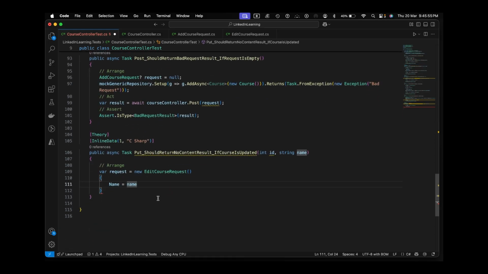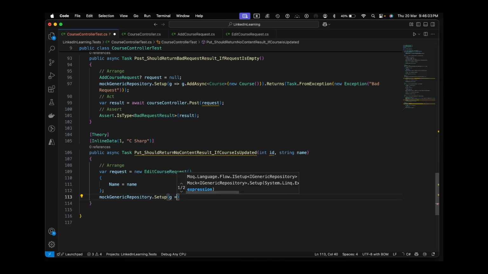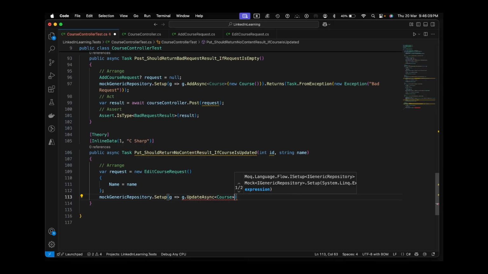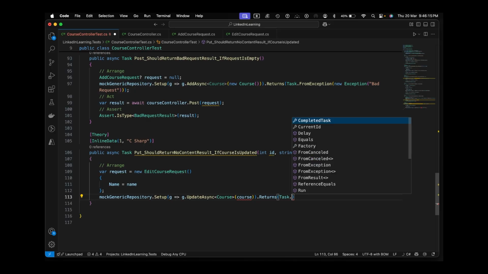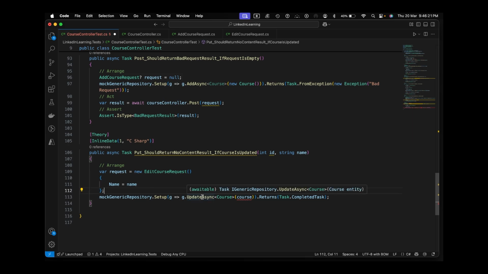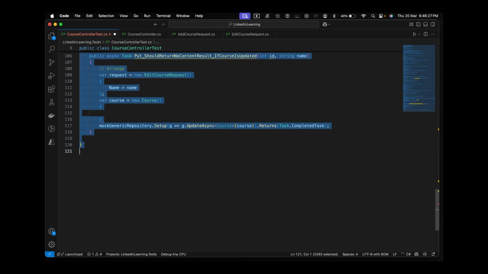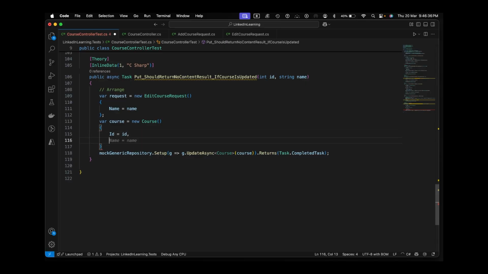Edit course request, name of name. Mock generic repository dot setup g dot data synchronous of course, okay, course returns again task dot completed task. Okay, and let's say course is equal to new course. Command K command F, id is equal to id that I receive, name is equal to name. Okay,